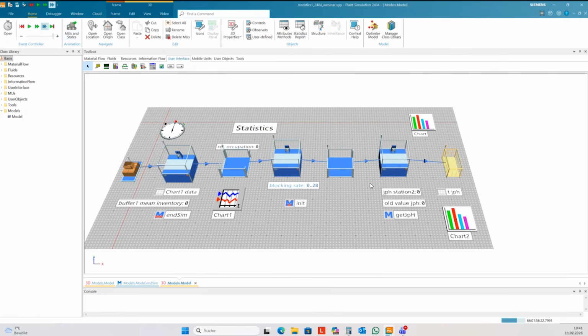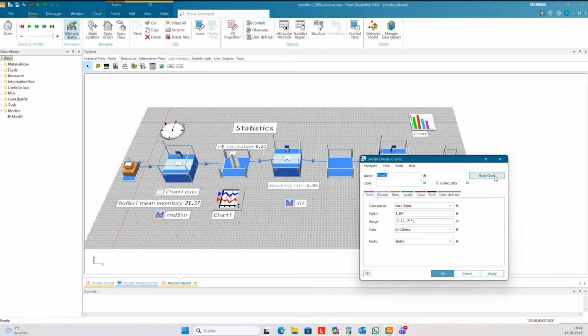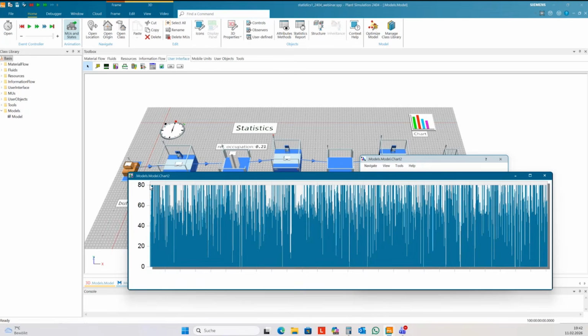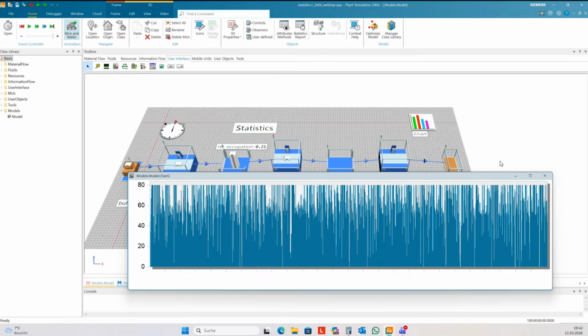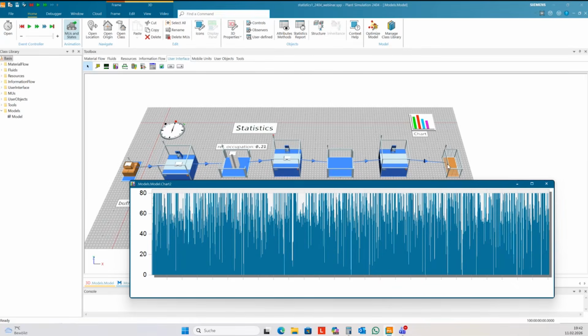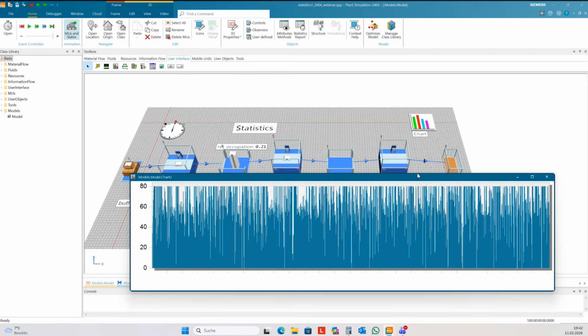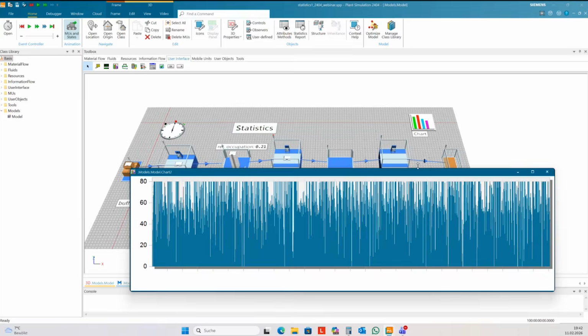I see I need for the next elements 80 jobs per hour as a capacity to reach 50 jobs per hour on average.